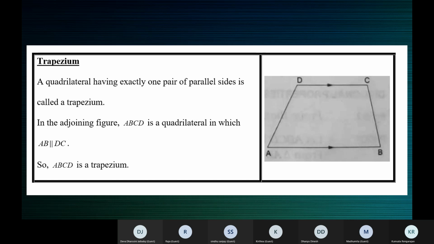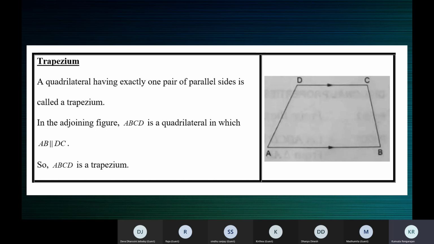If one pair, you look at a quadrilateral. In the quadrilateral, if you find only one pair of opposite sides is parallel, the other is non-parallel, it's given to you. I'm not asking you to check. It's given that in that particular quadrilateral, one pair of opposite sides is parallel and the other is not parallel. So you will say it's a trapezium because one pair is parallel. Now there's another quadrilateral. Say you see a square. Is a square a trapezium? Yes, a square is a trapezium because one pair of opposite sides is parallel.